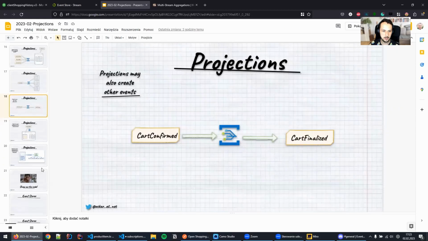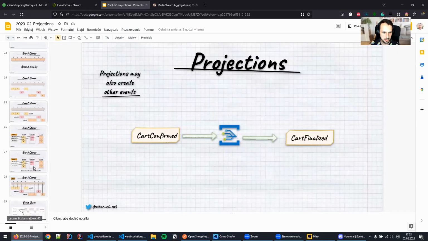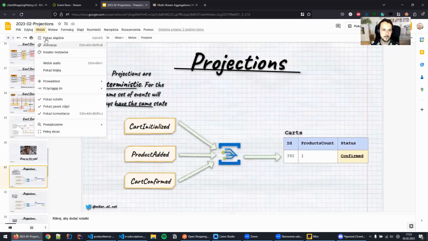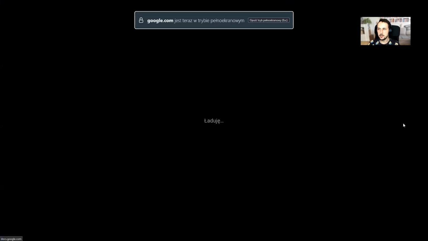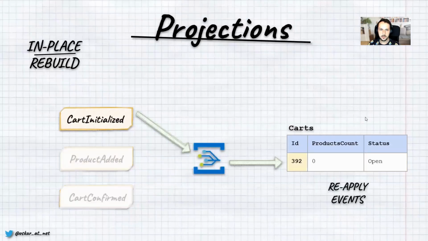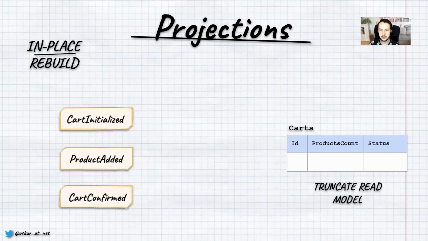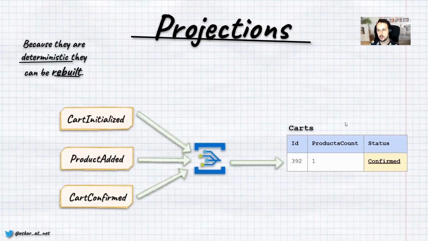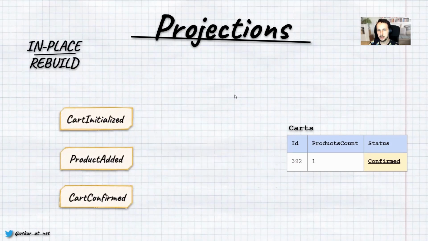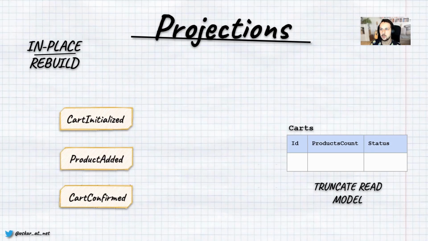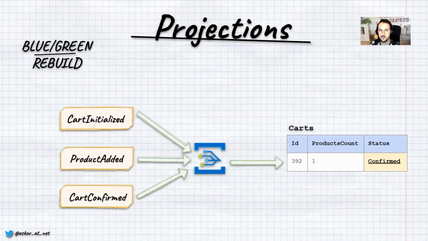And the rebuild in general works like that. As the projections are predictable, because we are taking the set of events and then applying them one by one, in theory, if something went wrong in our logic, then we could do an in-place rebuild, like erasing the state, saying that currently we would like to start either from scratch or from the last known good position, and then reapply all the events. But this is a no-go if we